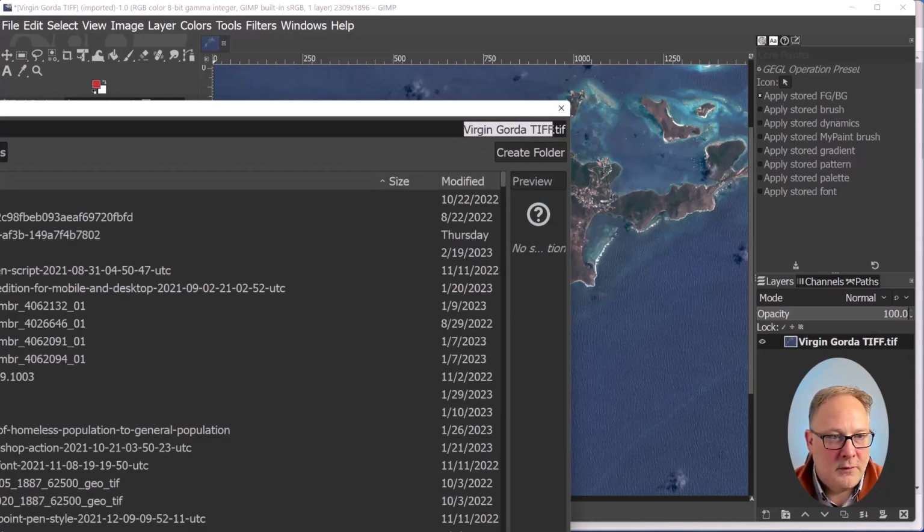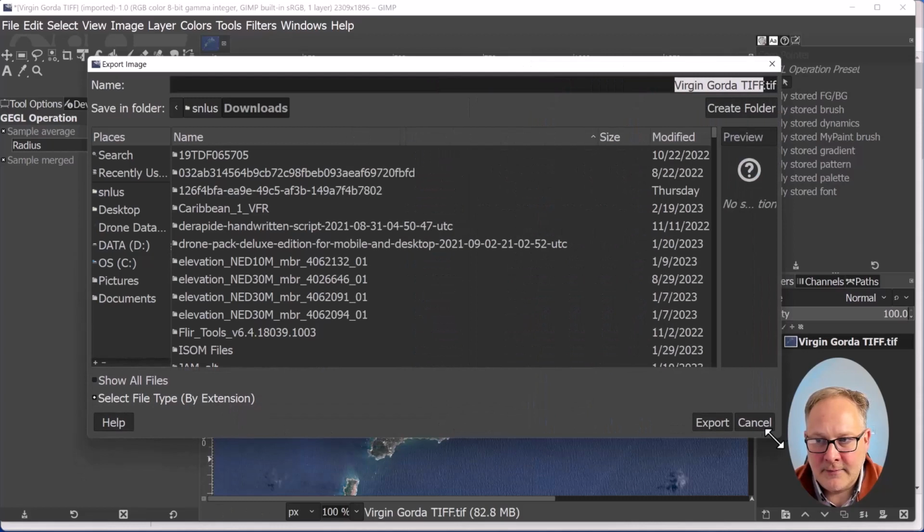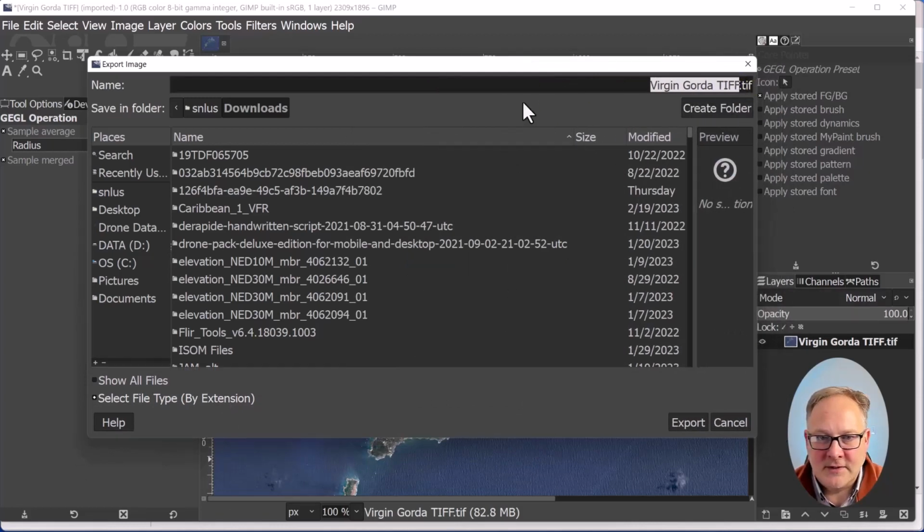It's saved as a TIFF already. I'm going to name it Virgin Gorda TIFF. We'll call this from GIMP, in my downloads folder. That's fine. When I hit export,